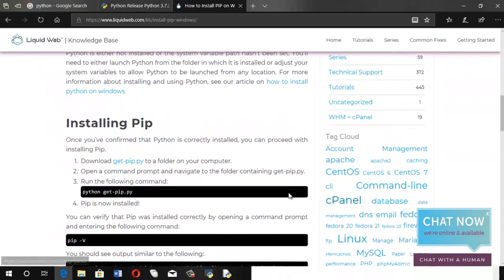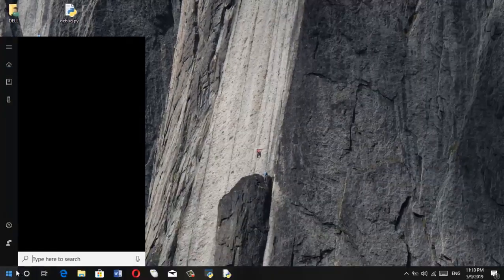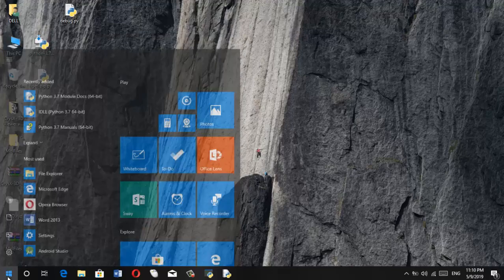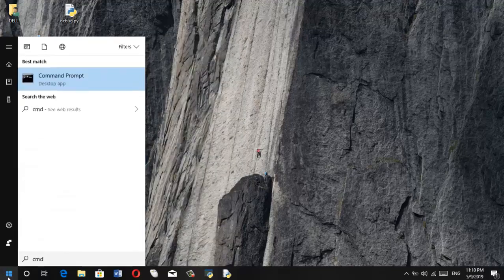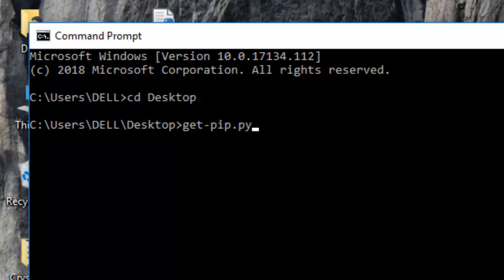So I have already downloaded it on my computer, here it is on my desktop, getpip.py. The next step is to run it using your command line. So just head over to command prompt, cmd, and then change your directory to wherever you have that file, and then just run getpip.py and